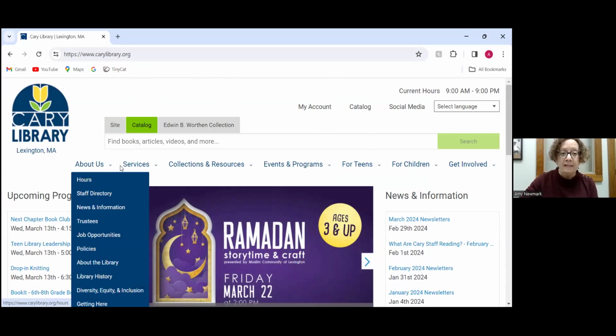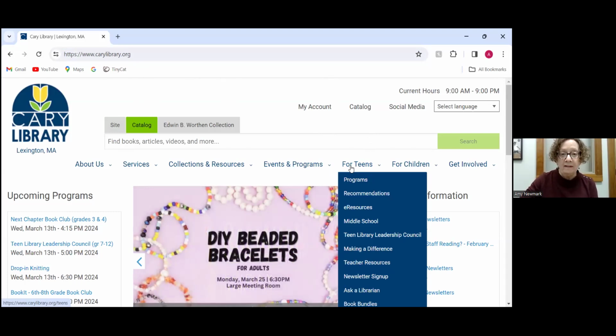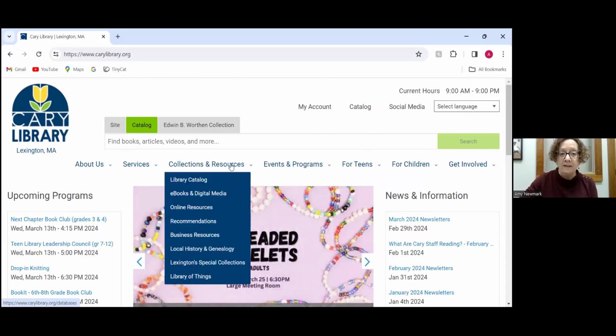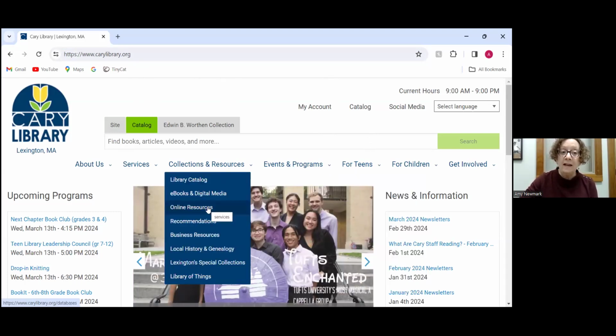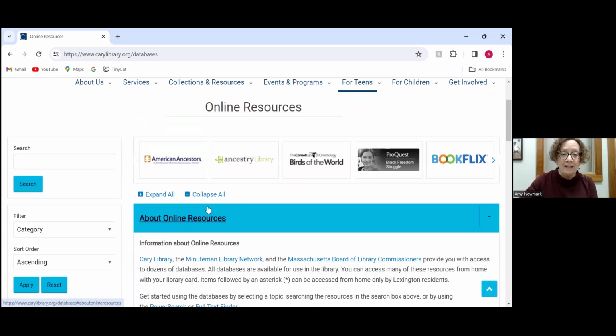And then you're going to see these navy blue tabs across the top of your screen. And the one that you want is Collections and Resources. And then you're going to choose Online Resources, which shouldn't be too hard to remember because this is an online resource. And once you click that, if you scroll down a little bit,